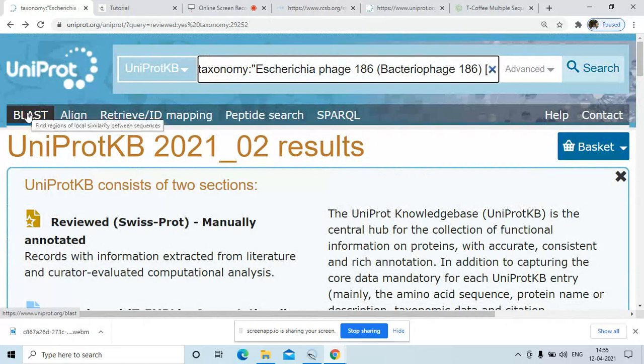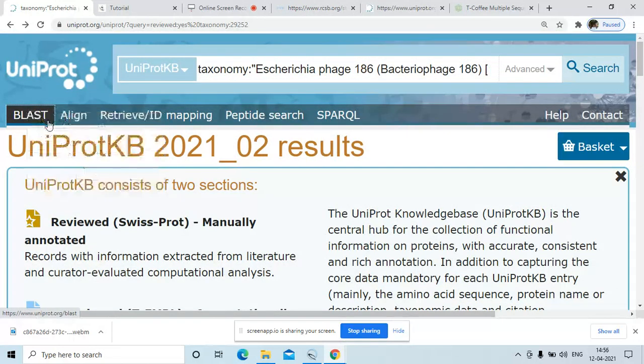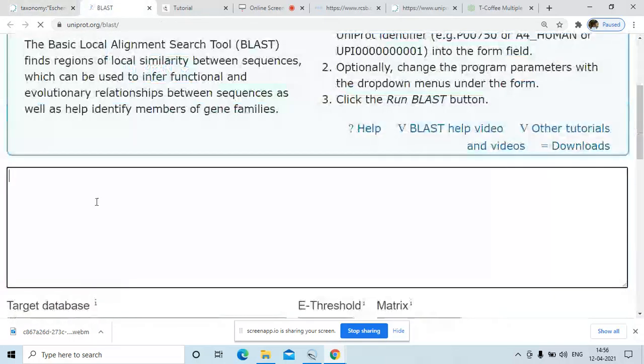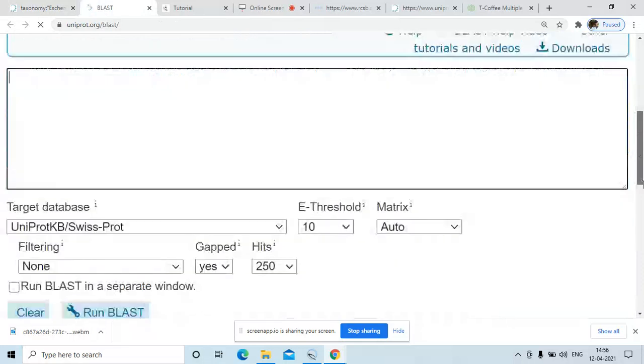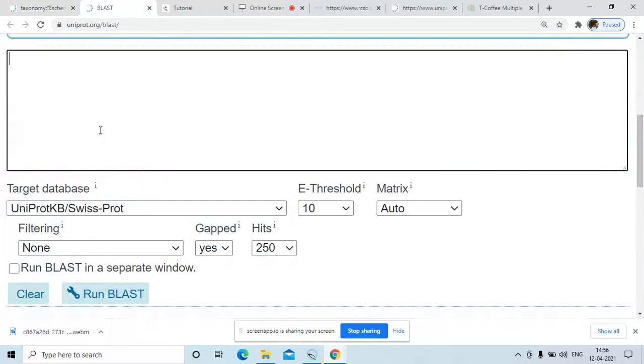Let us open the BLAST tool in a new tab, and paste our query sequence in the search box.